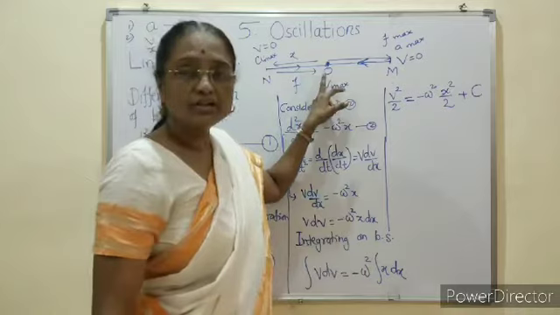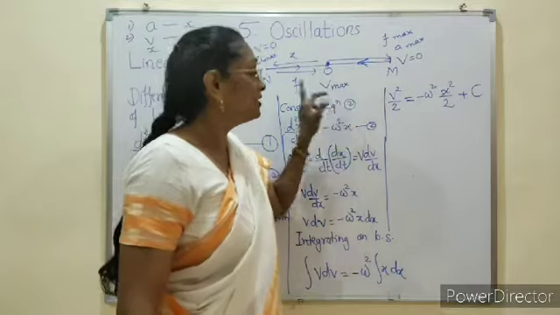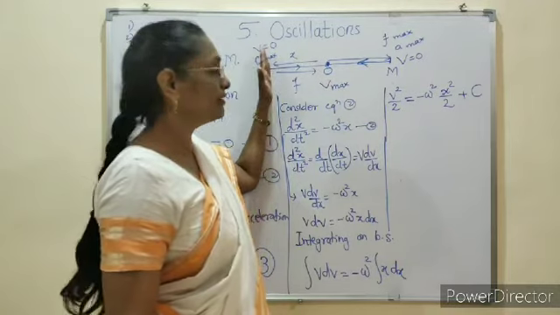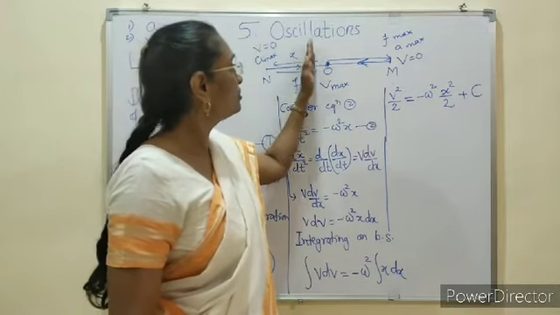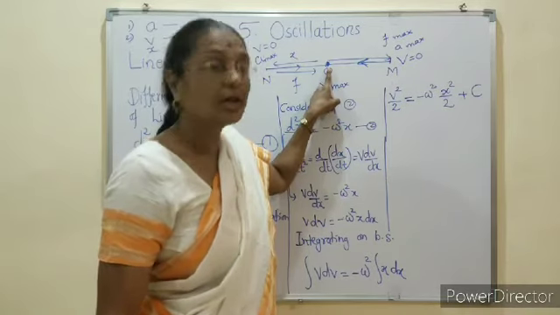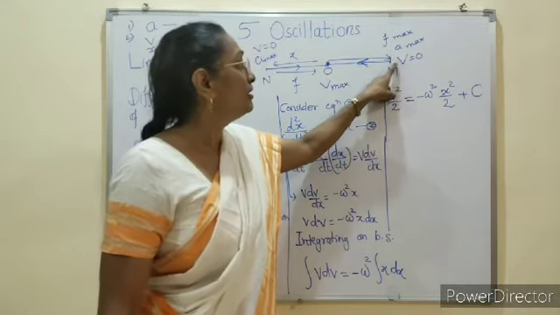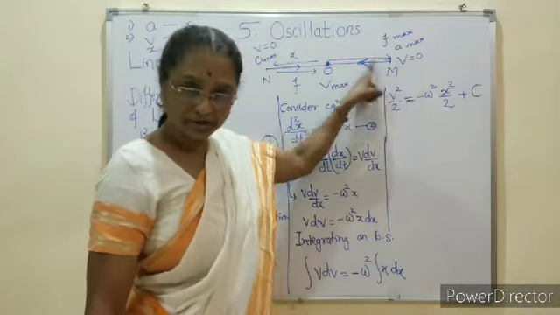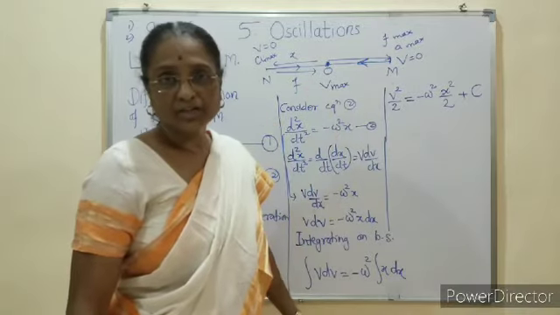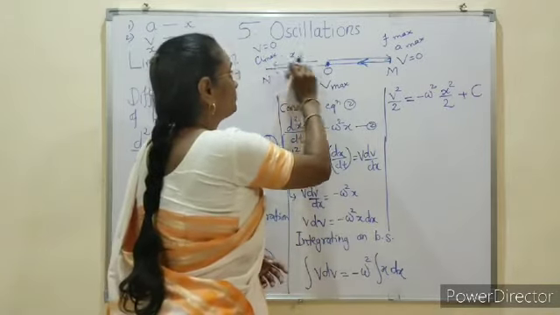On account of inertia, it does not stop here. It has tendency to move further, as kinetic energy is maximum, velocity is maximum, therefore it moves towards left. When it returns from left extremity, here again velocity becomes maximum. Because of inertia, it tends to move towards the right extremity. Again velocity becomes 0, it returns back. Such to and fro motion continues, and we say that it is periodic vibratory motion. So we have to consider these values here.